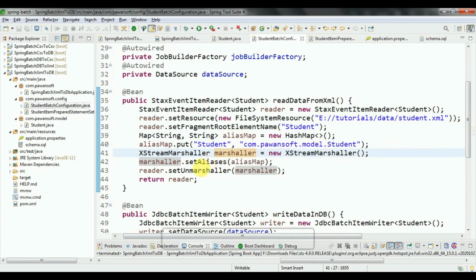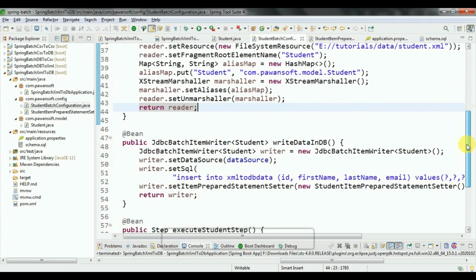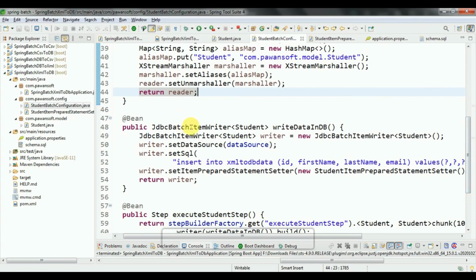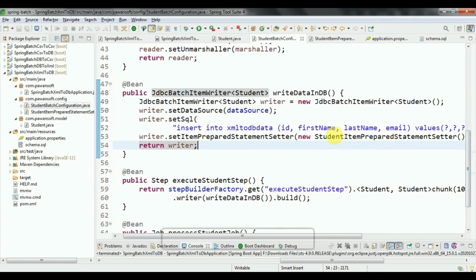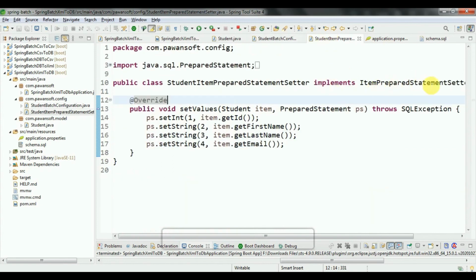To read the data from the XML file, you have to use the unmarshaller. Then to write the data into the database, create the JdbcBatchItemWriter object and set the data source, query and prepared statement setter method. Create the student item prepared statement setter class, implement ItemPreparedStatementSetter and override setValues.